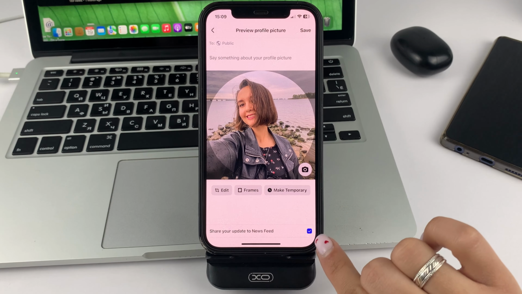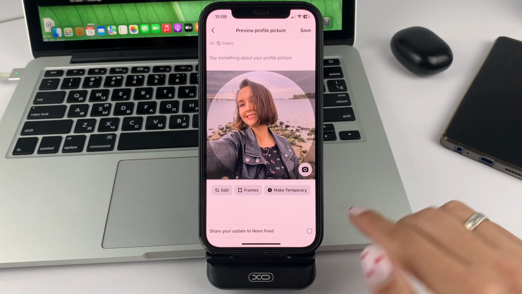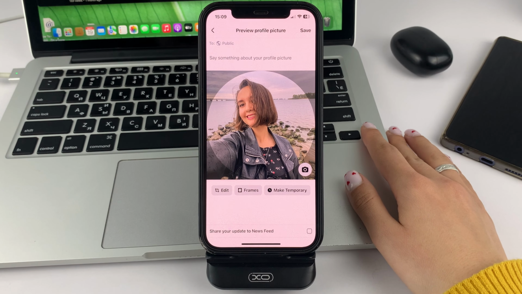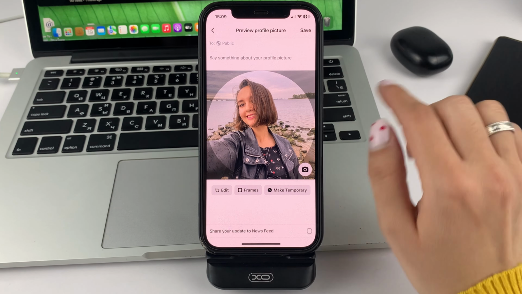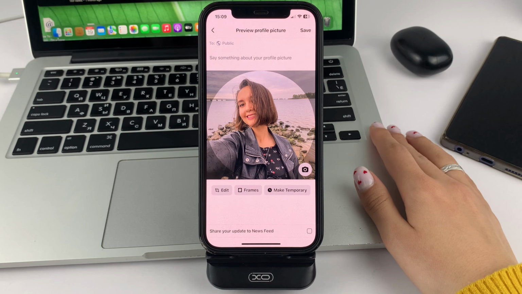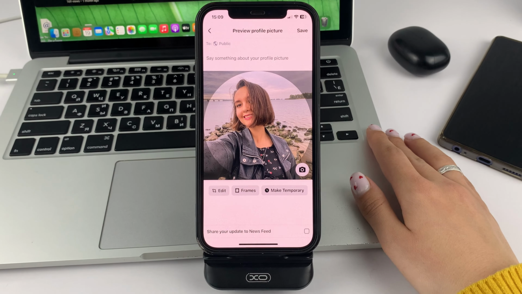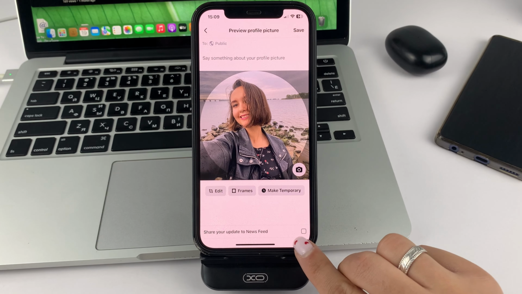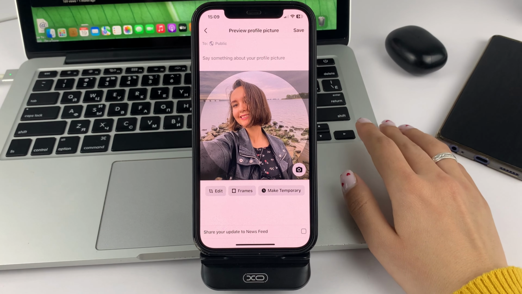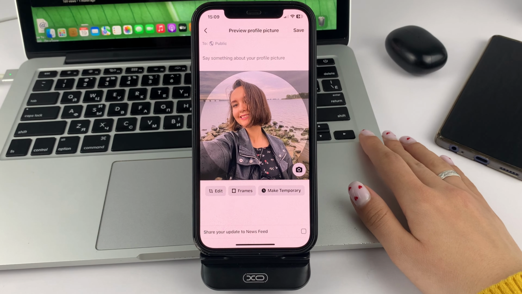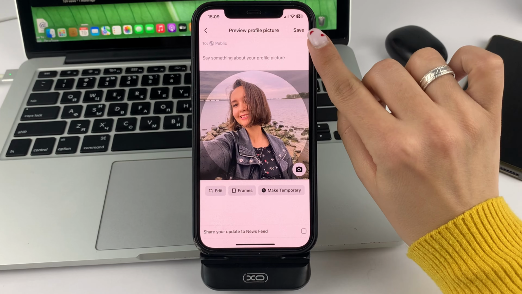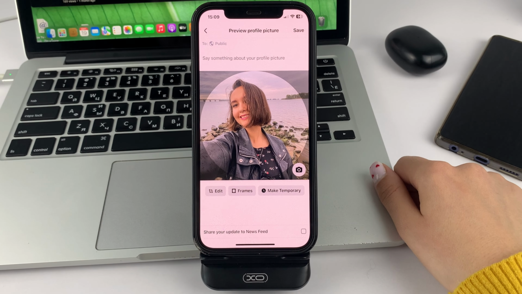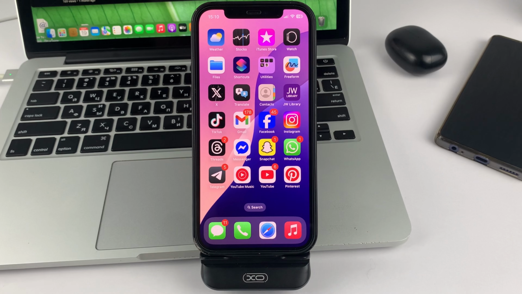Next, you will need to click on this option at the bottom. You will also be able, friends, to modify your future profile photo as needed. For example, zoom in, zoom out, add a frame, and so on. You will definitely need to disable this option, which notifies everyone that you have changed your profile photo. After that, friends, at the top please click the Save option. This way you will change your Facebook profile photo without notifying any of your friends.